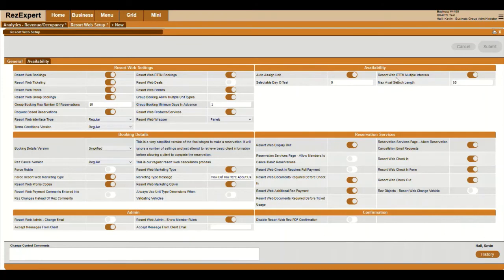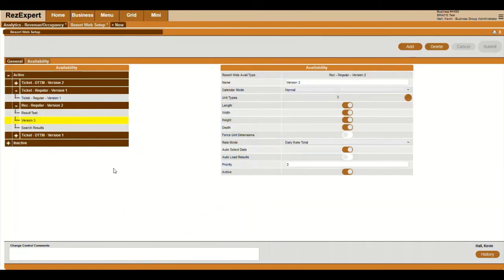And then we have down to the minutes, which intervals. It could be an hour, it could be 4 hours. For tours and things like that, it could be a whole day tour, which may be 8 hours. It could be half a day tour, 4 hours, or it could be a 1 hour tour or adventure. So this is just to show you the extensive setup interfaces that we have, and that's just on the general